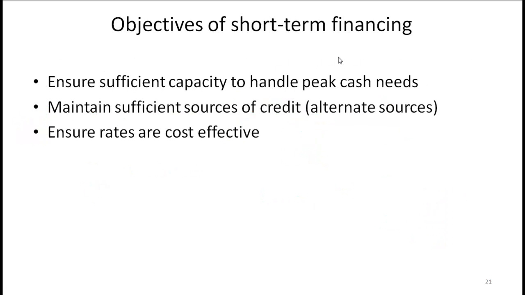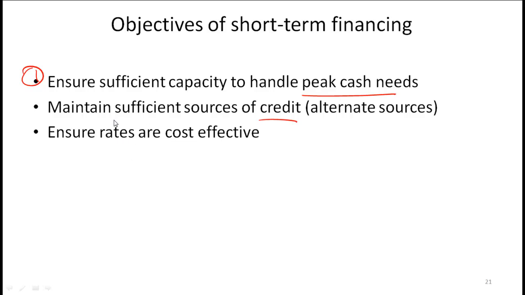Objectives of short-term financing. Number one, the objective is to ensure sufficient capacity to handle peak cash needs, maintain sufficient sources of credit or alternate sources, and ensure rates are cost effective. Just to put this in context, we are now on the liability side. We just talked about accounts payable, which is one type of liability, but the good thing about accounts payable is